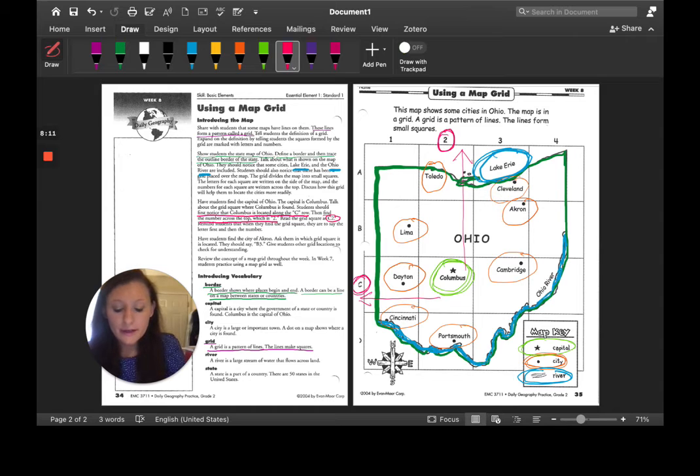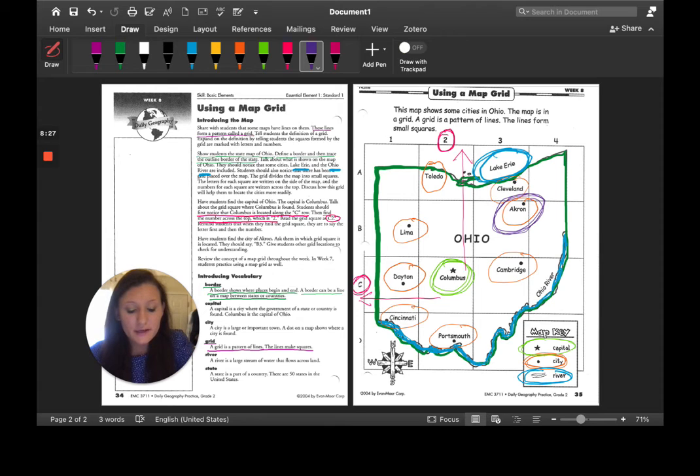All right, and then the last one that we're going to look at is we are going to try and find what box the city of Akron is in. And so before we had circled Akron, which we'll circle again here in purple. So we see where Akron is, and it's kind of right on the border actually of a couple boxes. And so we notice that if we go over,